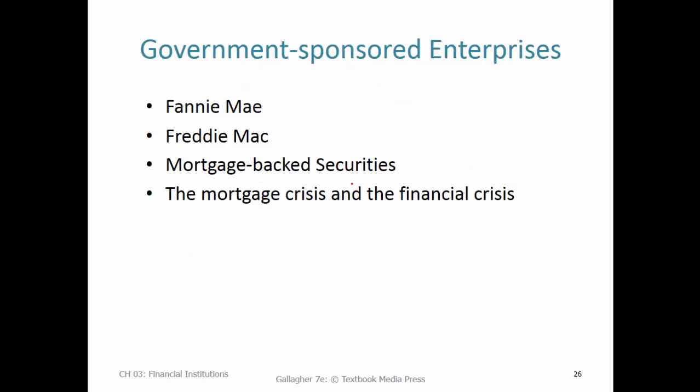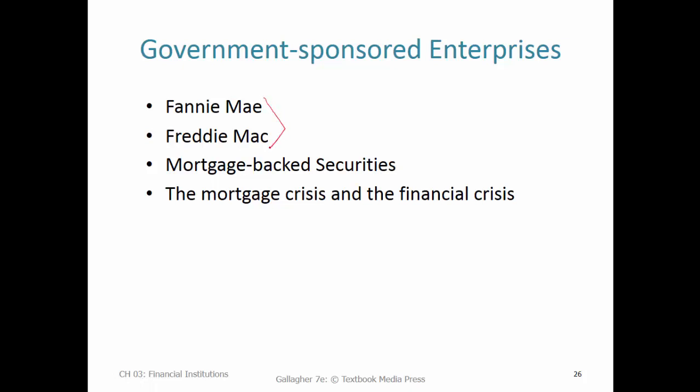Okay, now we'll wrap up by just noting a few other financial institutions that are pretty big players, and these are the government-sponsored enterprises: Fannie, Freddie, and there's a few others here, Ginnie Mae, Sallie Mae, which is now known as Navient. Fannie and Freddie are secondary investors in mortgages. That means when banks or other financial entities go and make mortgage loans, Fannie and Freddie will go in and buy up a lot of those.